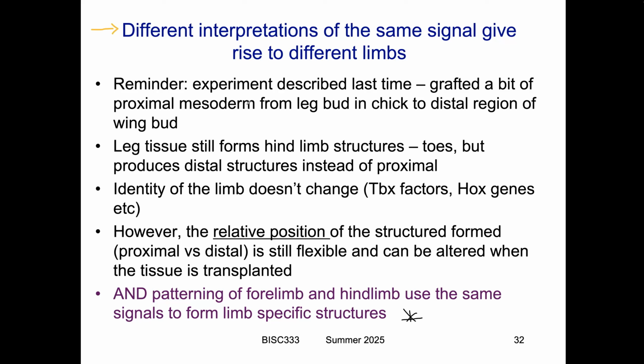Very different kinds of limbs, but the proximal, distal, anterior, posterior signals are the same. But the identity of the limb is